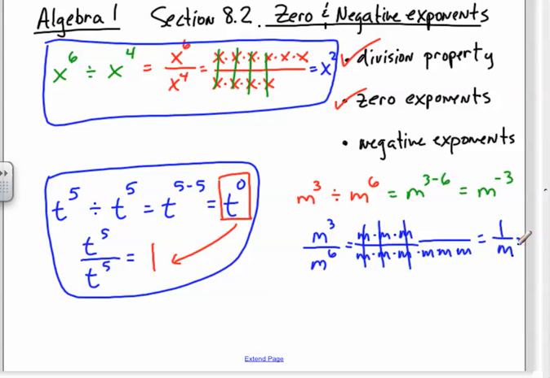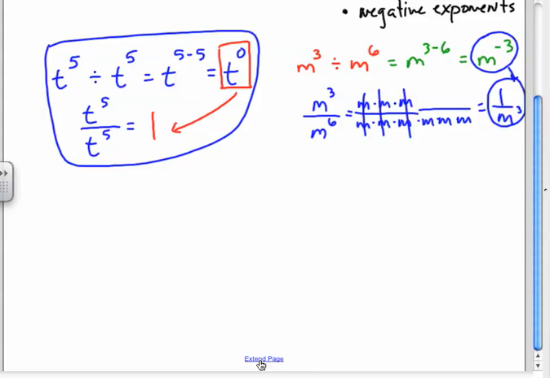Now, what does that mean? That means that m to the -3 is equal to 1 over m cubed. So the rule is, this negative exponent means it's on the wrong side of the fraction bar. All right, I'm going to extend this page a little bit, and I want to say that m to the -3 is equal to